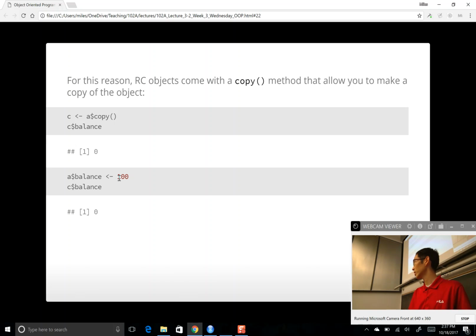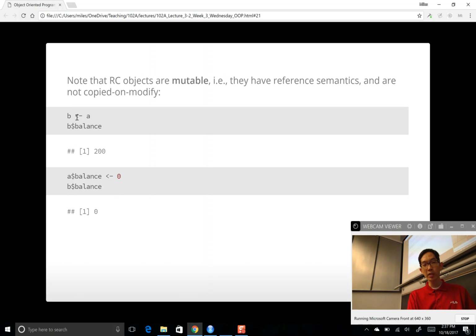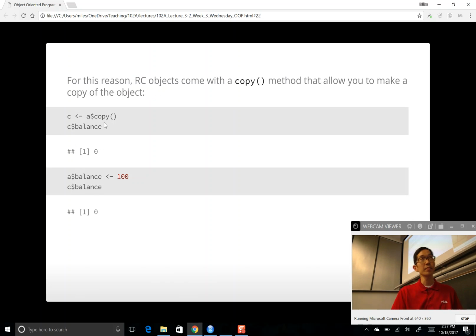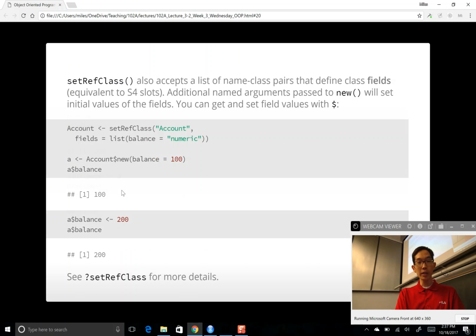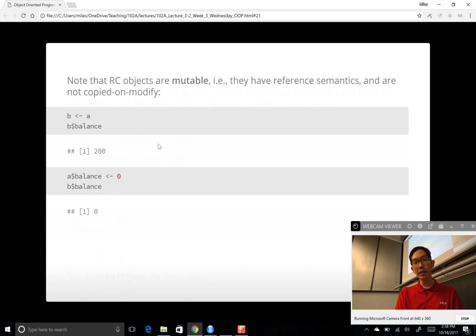Okay, does that make sense? What's going on? All right, and if I did B $ balance, what would I have? I would have 100, right? Because B is not a copy, it's a pointer pointing back to A. Okay, so that's the kind of just the fields that you have, and then again,